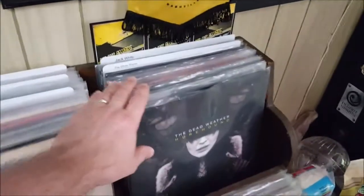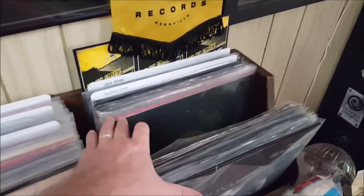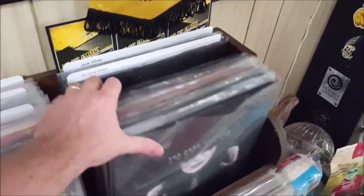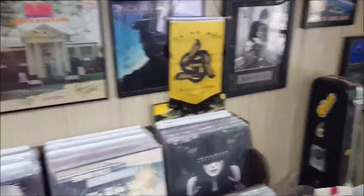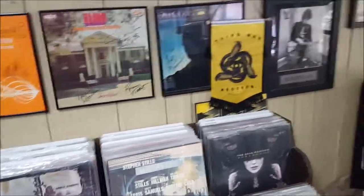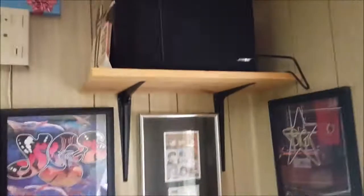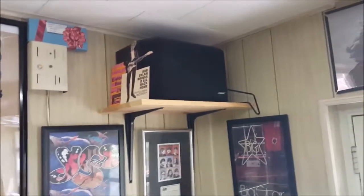The last section of my racks are Third Man Records. This is Jack White's label imprint, where White Stripes, Jack White, Dead Weather, and various other things. There's a banner. I'm a member of the Third Man Vault, and they sent a banner in a vault package, so I just hung it above the Third Man section. There's my 12-string autographed CDs, and up above that in the other corner of the room is my other Bose